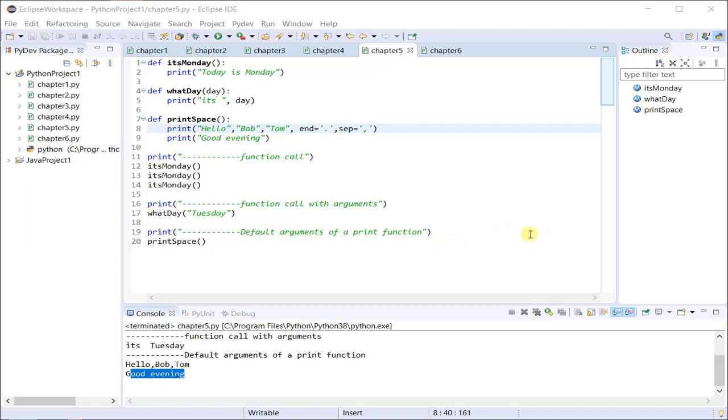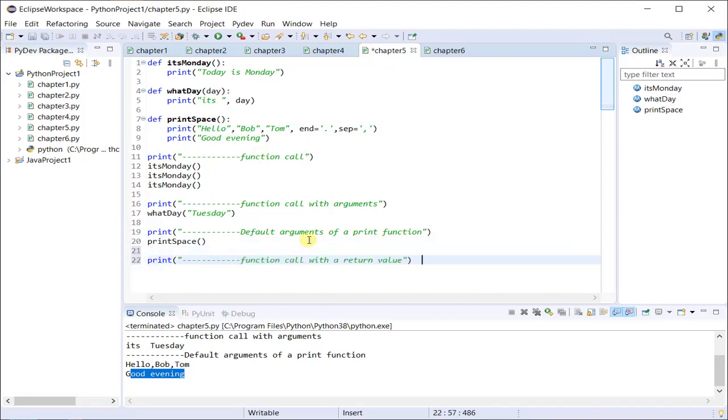So these are some of the default arguments which the functions we have used generally have in their definition. There is another feature of the function: functions can also return a value. Whatever functions we have seen till now, they do the printing or any operation which we want in the function itself. They do not return a value, they just come back to the line which called them and move ahead to the next line.